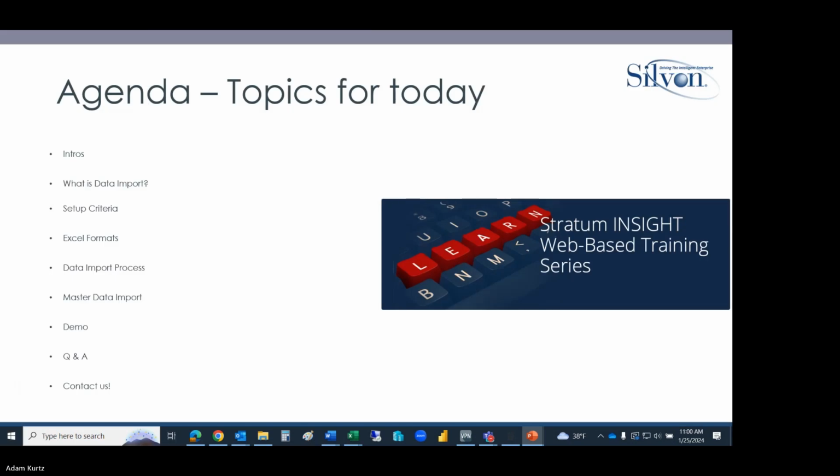And today, like I said, data import. That's a big part of the Stratum Analyst Hub. And we'll be talking about how to import data from Excel. You might have some budgets or forecasts that you keep in Excel. We'll talk about how you can get that into Stratum so that the user or the analyst can actually do